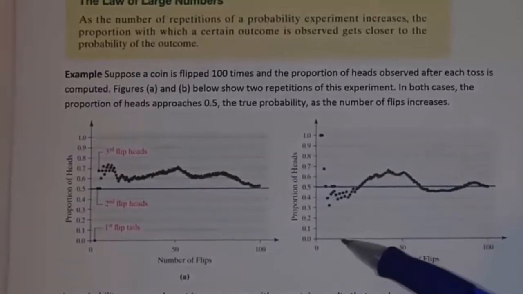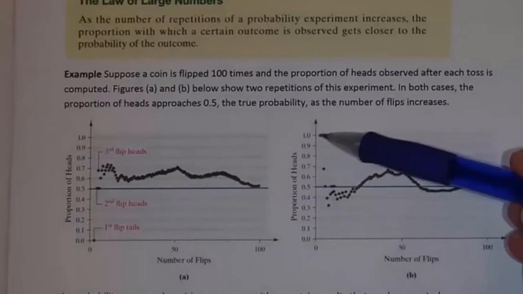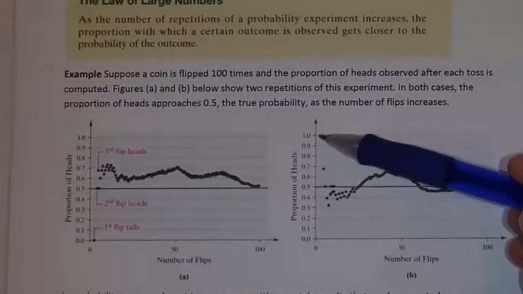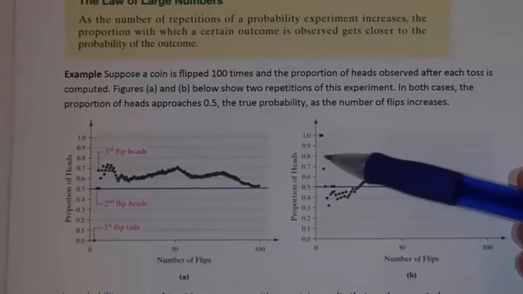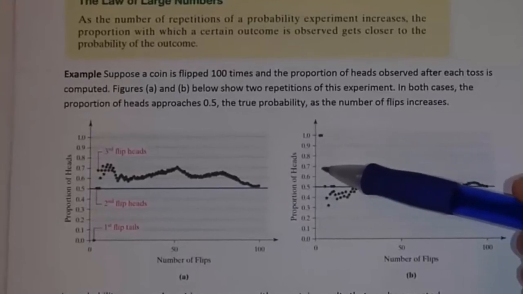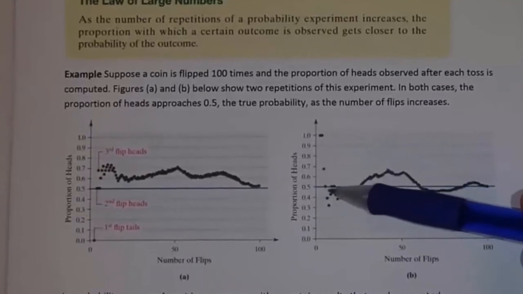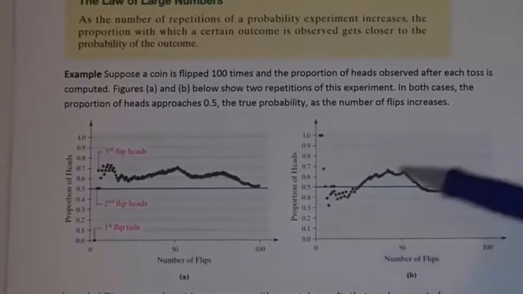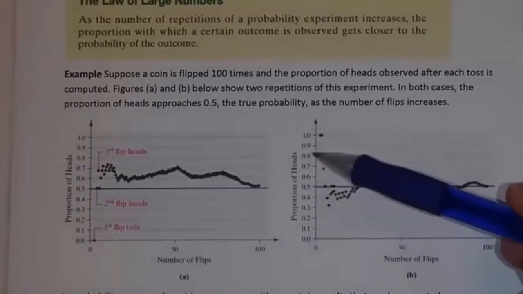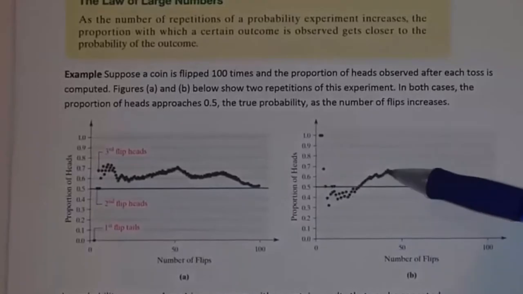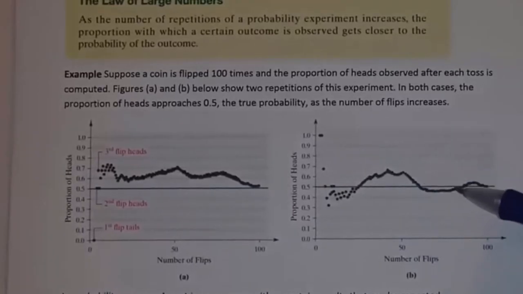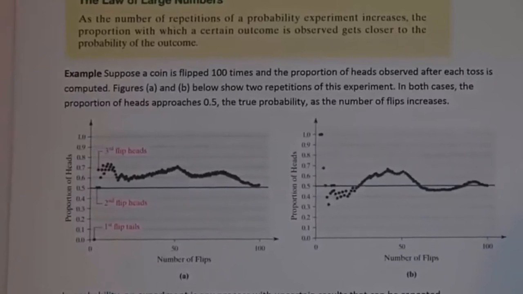This is just doing the same thing. On this one, we landed on heads on the first flip, so it was 100%. We landed on heads on the second flip, so still 100%, 2 out of 2. The third flip was a tails, so now we're at 2 out of 3, so we drop down here. And then next we hit tails again, so now we're at 50%, 2 out of 4, and so on. This time it kind of hovered around a half, then it went above a half, then below a half, and above a half, and it's kind of settling around the half.